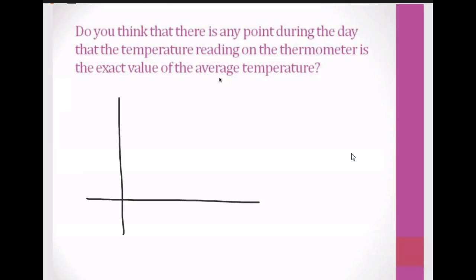If the day begins at midnight and it's 32 degrees, as the day progresses, temperature typically increases. It usually meets its max around the afternoon, and then as the day continues, it starts to decrease. So if that's time 24 and this is time 0, and those are all your times in between,